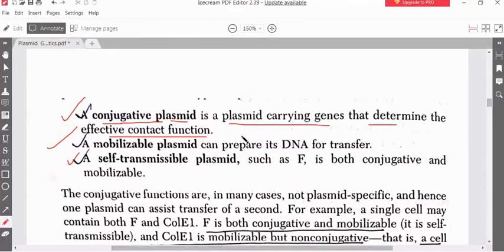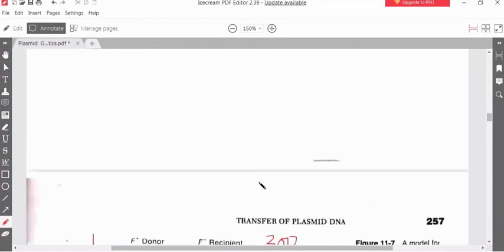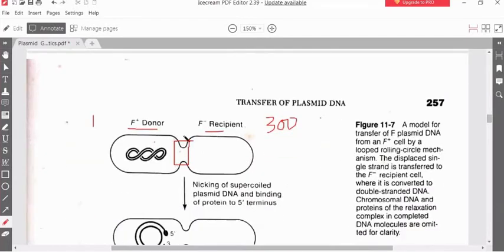So in simple words, a plasmid is said to be a conjugative plasmid if the plasmid-encoded genes are absolutely essential for the pilus formation. So if this F plasmid can transfer from the donor to the recipient bacteria, and if the F plasmid carries those genes for the